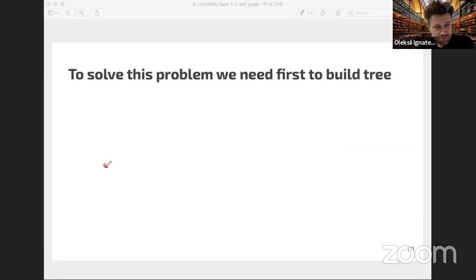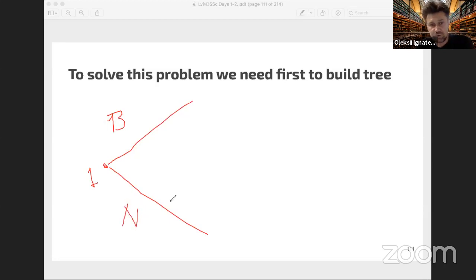So the first player can, I'll just draw the tree, burn or not burn, and if he burns, then he chooses A or B, and here he can choose A or B, A or B. And here is the second player, who doesn't know this choice,